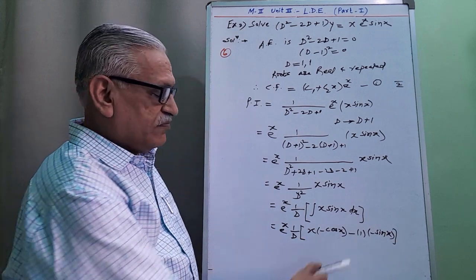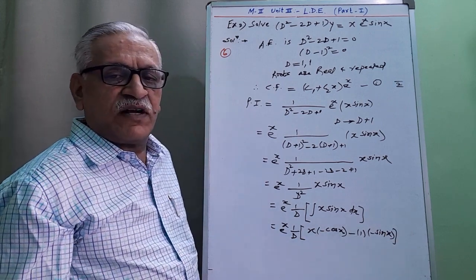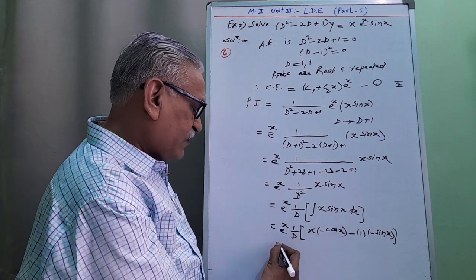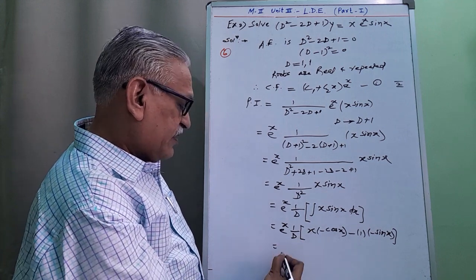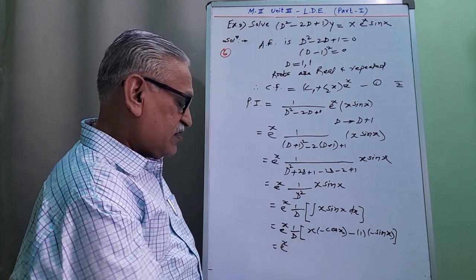Next term 0, derivative of that constant term is 1, and then simplifying it, it is e raised to x,